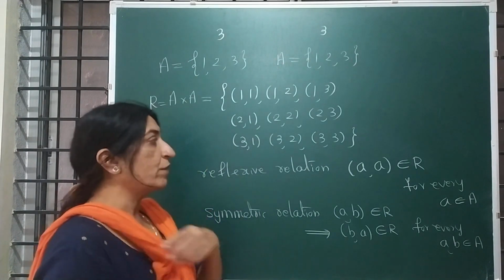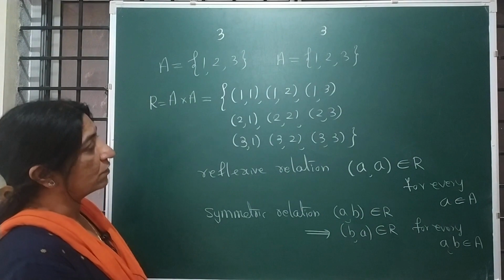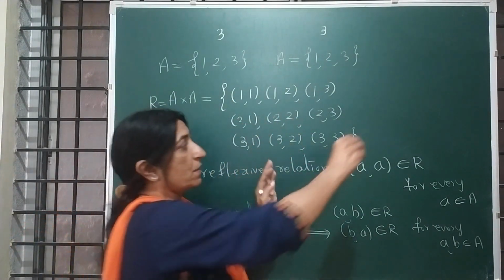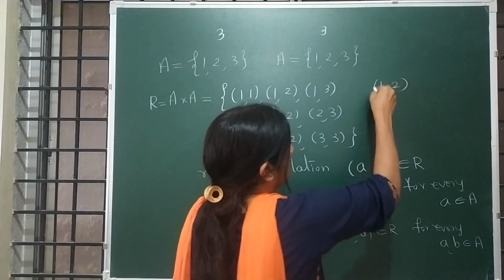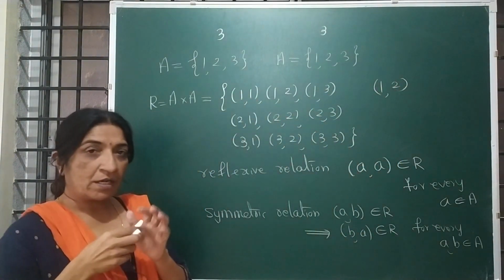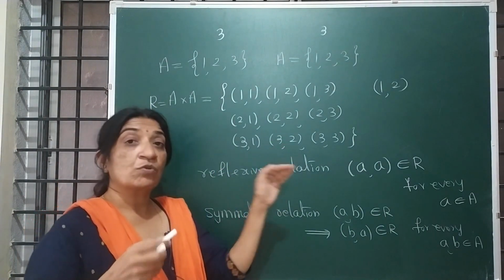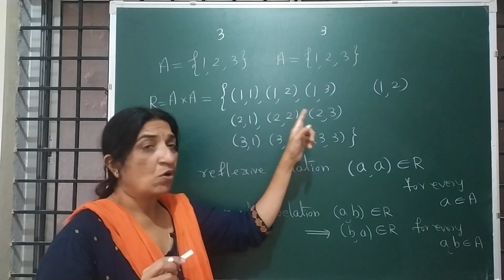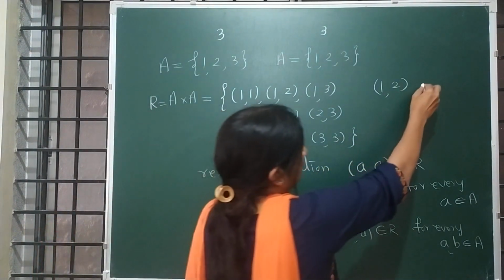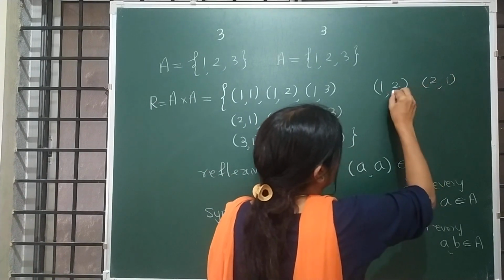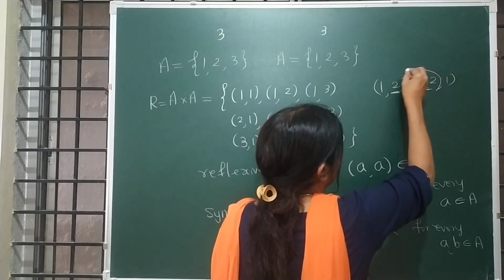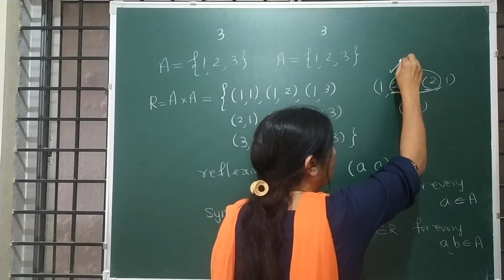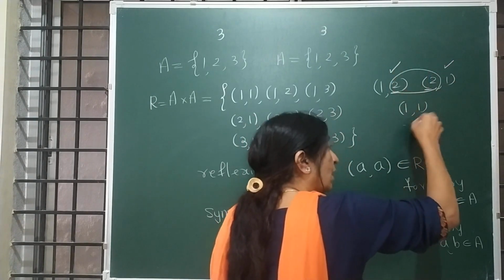Yes. Now we are moving towards the third one. What is the third one? In this, select any one ordered pair. Select (1, 2). After that, the next ordered pair starts with 2. Write any one, either this one or this one. I am writing (2, 1). This last number and this first number, they eliminate. The result is (1, 1). This is present, this is present, and the answer is also present.